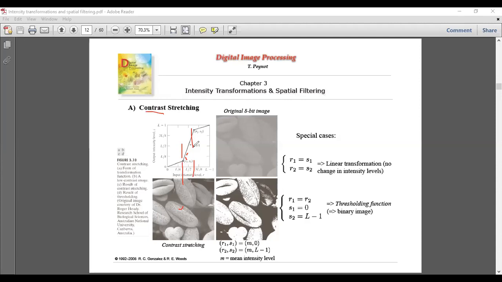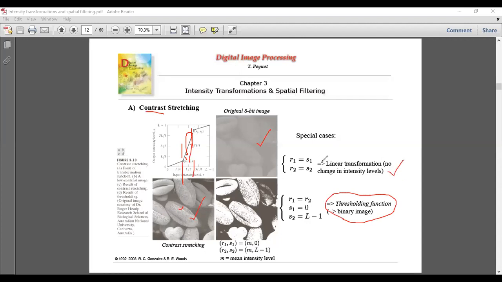Whereas if I ask you to separate green mangoes from oranges, since they are of contrasting colors, the intensities are much farther apart, and it is easier for you to distinguish and observe them. So that is the task of contrast stretching. You can see this particular image when you apply contrast stretching. Sometimes they go for thresholding also.